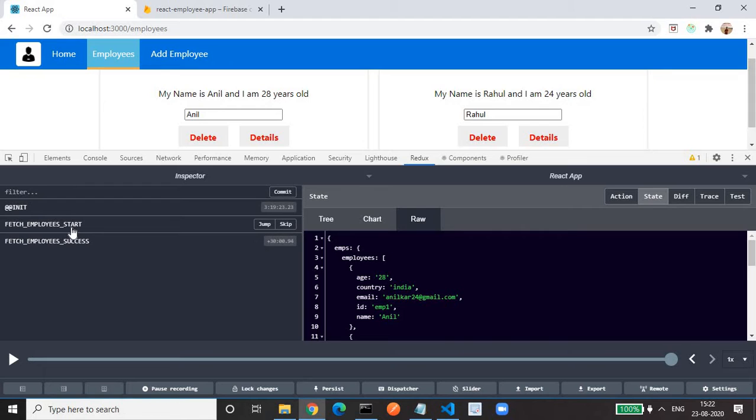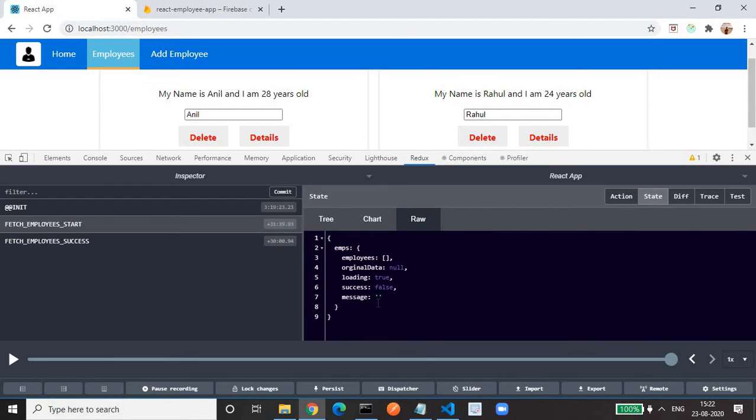In the fetch employee start, if you go here, we can see the state. Here we are making the loading as true. Initially in this state the loading was false. When I come to this state, only the loading state is changed to true. That's why we are seeing the spinner. You can go to this state again just by clicking on the jump method.